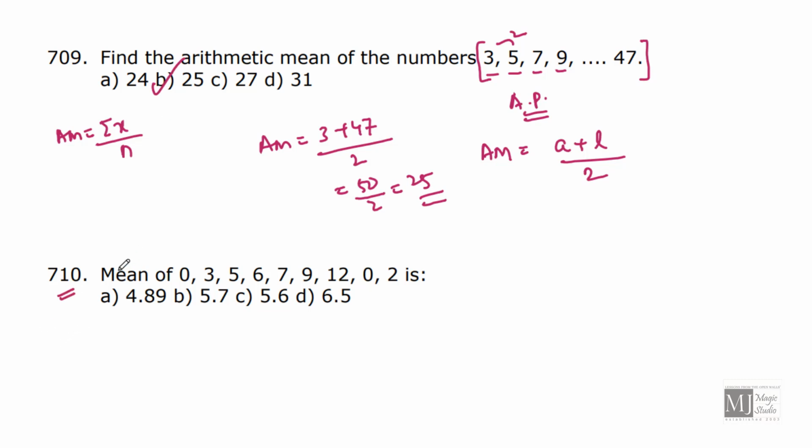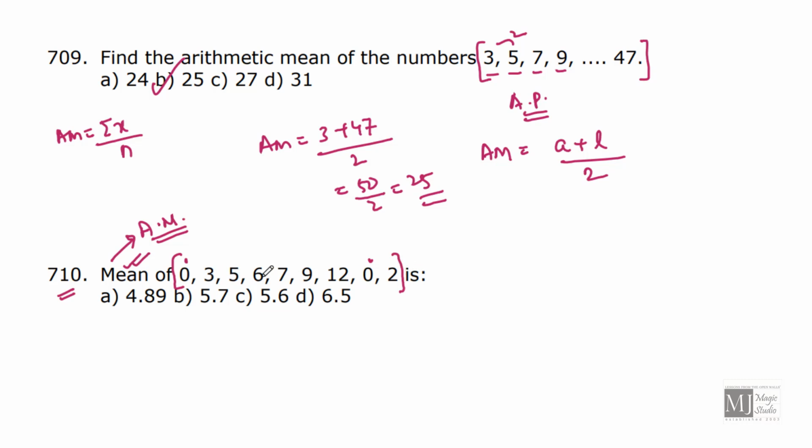Now, question number 110. Here also we need to find the mean, but 0 is also there in the data. So 0 is also treated as member of the distribution as far as mean, and when they ask you to calculate mean, they are actually asking you to calculate arithmetic mean. 0 should also be considered.